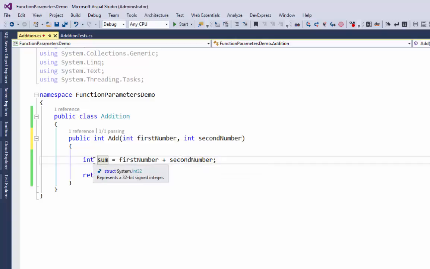I'm going to store that value, the sum of these two additions, into the sum variable, this integer, and return the value of it. So if somebody were to send in 5 and 6, it would add 5 and 6 together, the sum would then be 11, and our function would return 11. Back over on our unit tests,